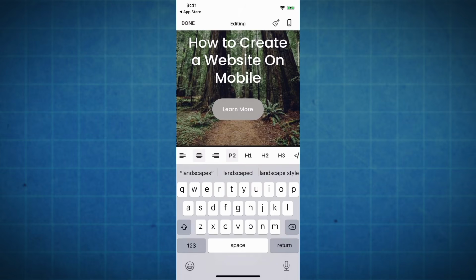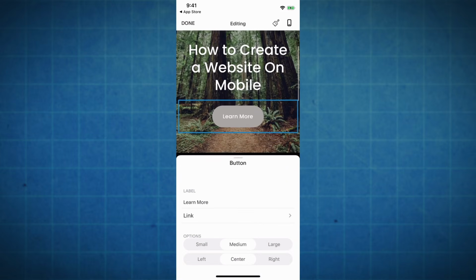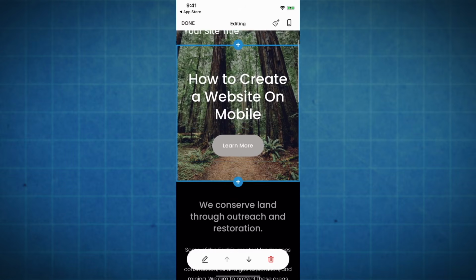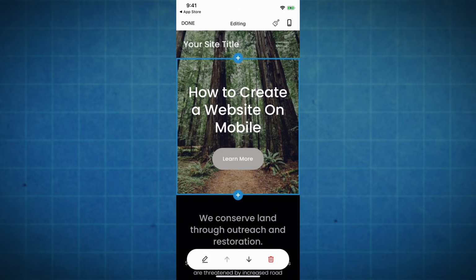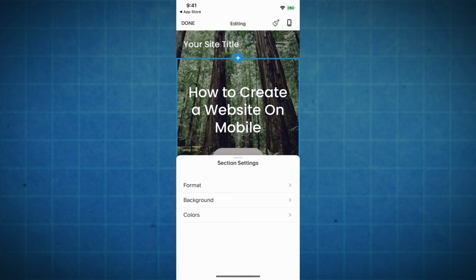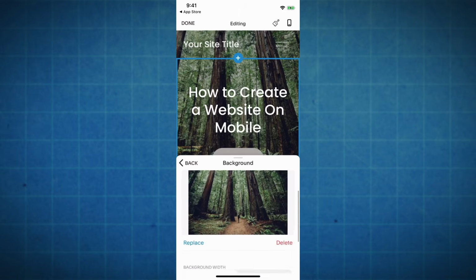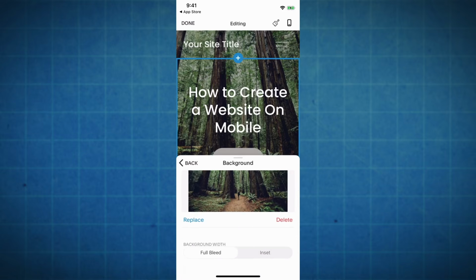Now you can also change the background here. So if I just click anywhere, it will get rid of that little menu. And we're just going to click on this whole section here. So if you just click on the background image somewhere, and then click on this little pencil icon down at the bottom left, we can go over to background, and then we can replace this image. So you can do image or video. I'm going to do an image. So I'm just going to delete this one,